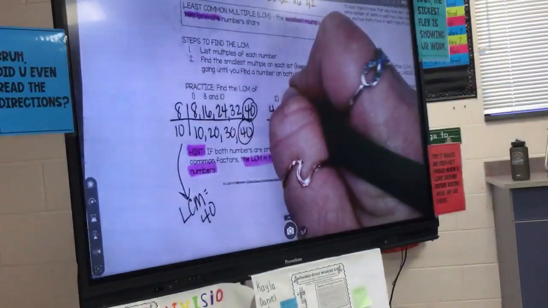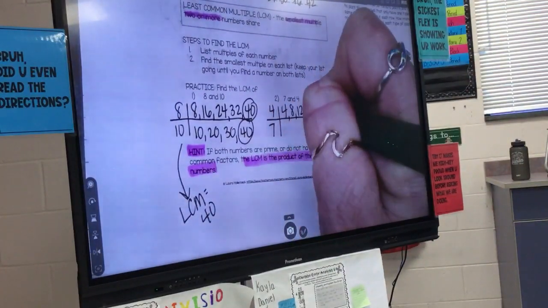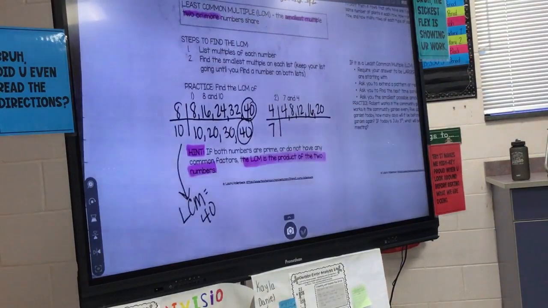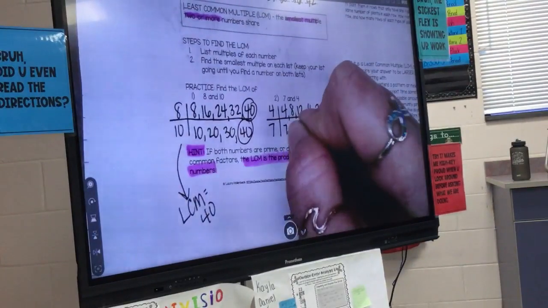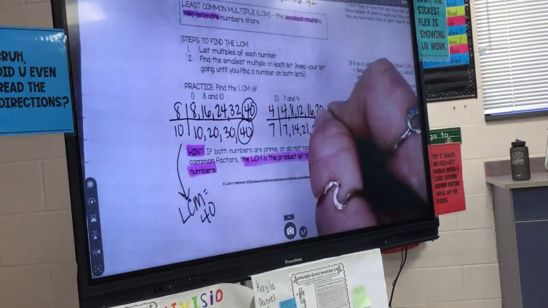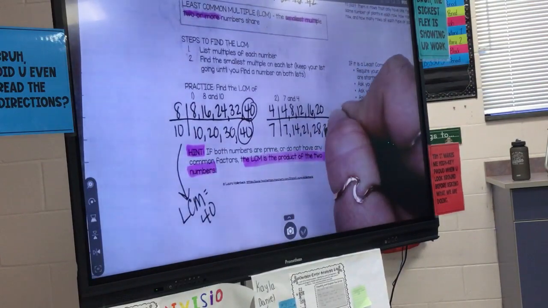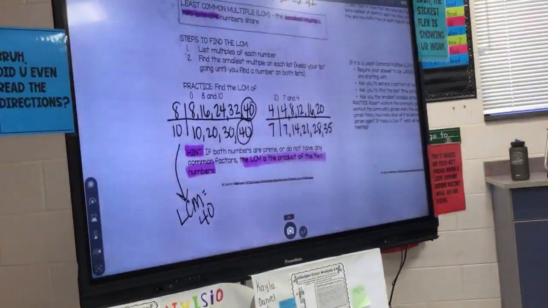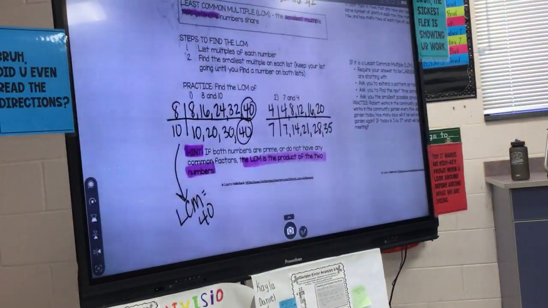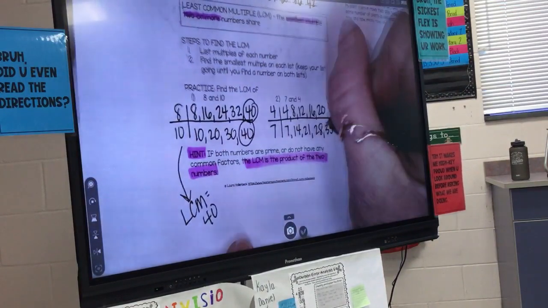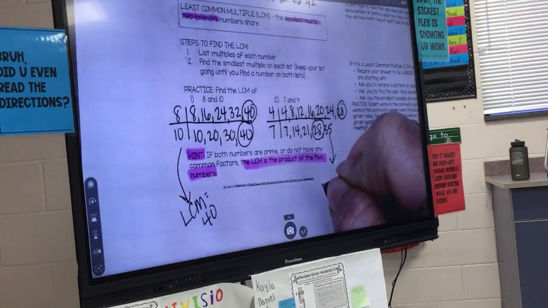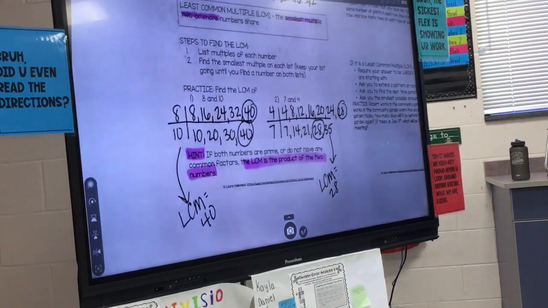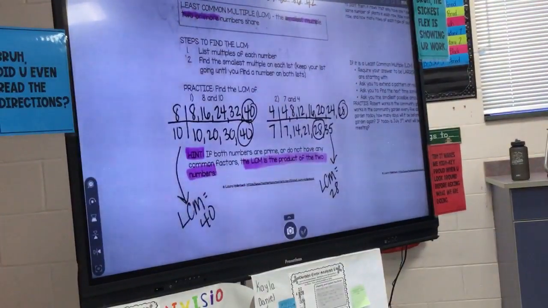So we're going to do 4, 8, 12, 16, 20. Then for the first 5 for 7, we have 7, 14, 21, 28, 35. I totally just had a brain fart. So we do not have a common multiple yet. So now what do we have to do? So we're going to keep going. So our LCM for this one is what? 28. So we could have saved a lot of time by simply doing 4 times 7